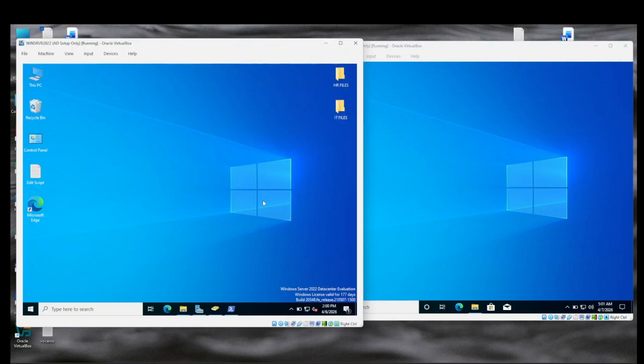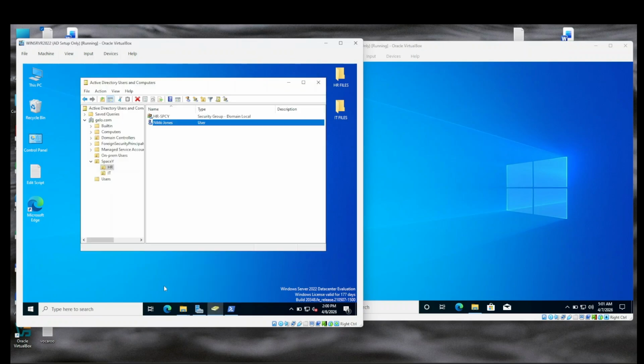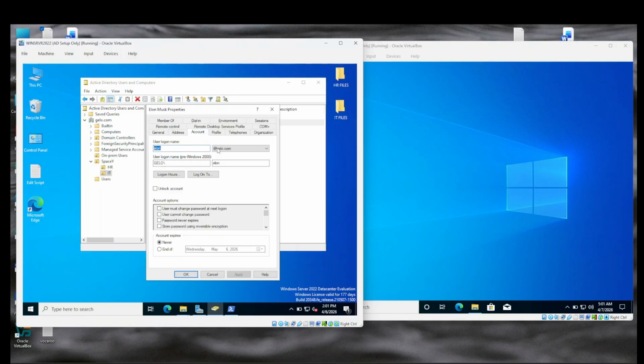First of all, I'm going to show you what my users and computers in Active Directory look like. So this is a Space Y OU. There's an HR in it. There's an IT in it. And as we can see, we are using a jello.com domain.